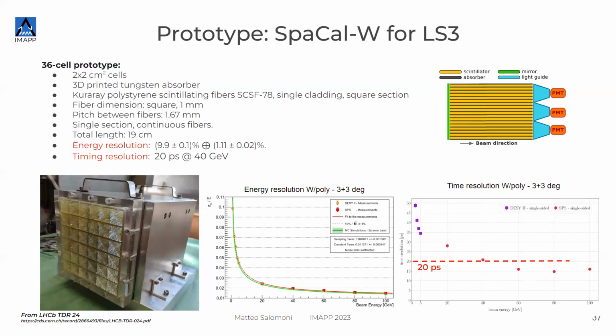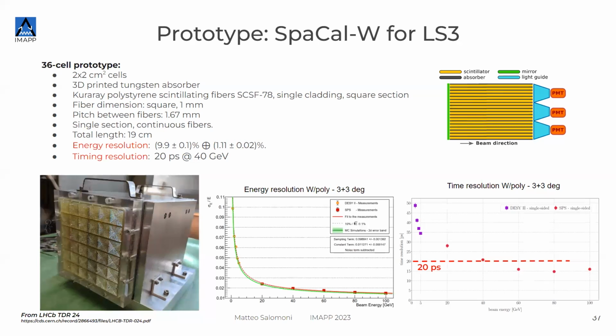prototypes, and we arrived at something which is more and more similar to the shape that we finally have to have in a couple of years from now, because in a couple of years we will have to start to produce 30 of this kind. We have to produce 144, and of the other kind we have to produce 32. So the closer we are to the final configuration, the lower the probability that we are messing up, basically. So we are starting to do as much as possible, because you never know what can happen.